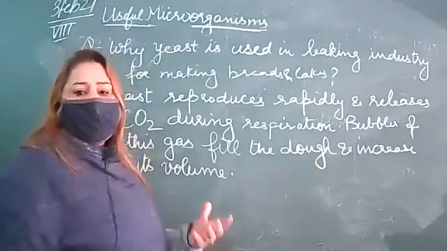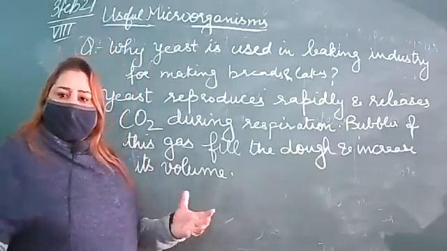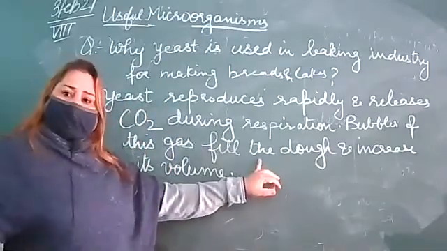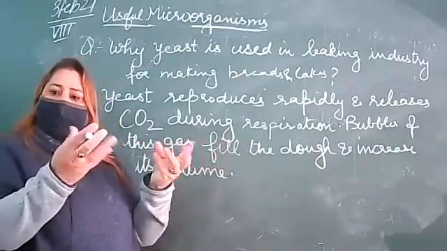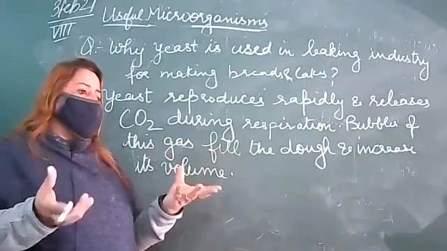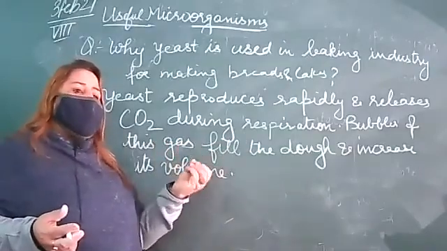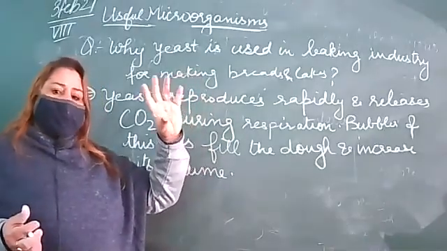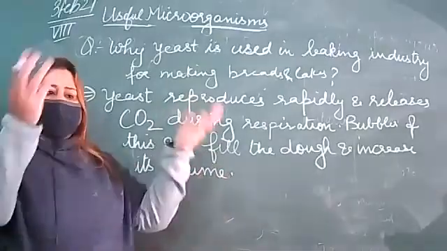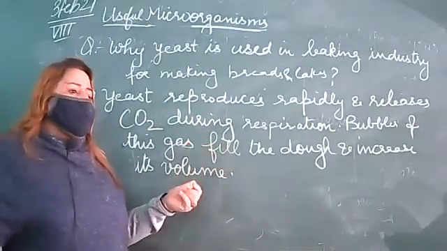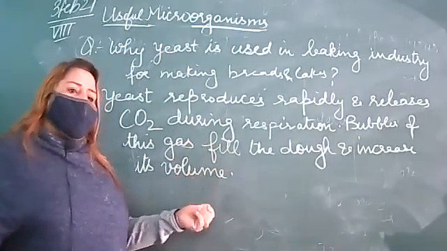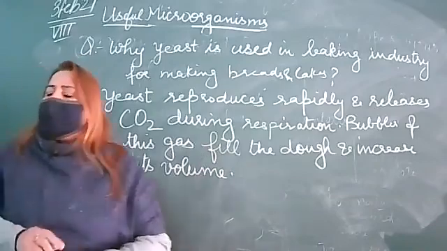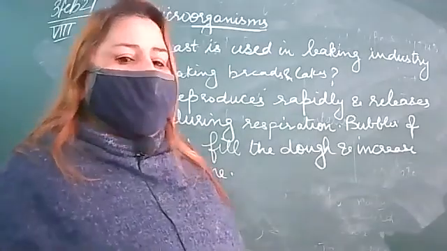That's why it makes a cake soft and fluffy, because the space that is filled with this gas makes things soft and fluffy. When it is filled with gaseous molecules, it can be easily pressed. So it is soft as well as fluffy, right? So why is yeast used in making cakes, breads, and all these things? Because it releases carbon dioxide, which makes the cakes and all these things fluffy.